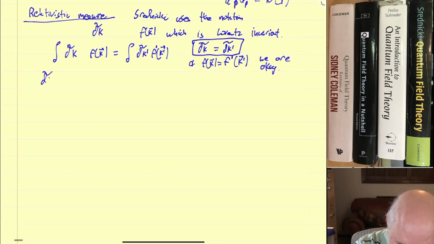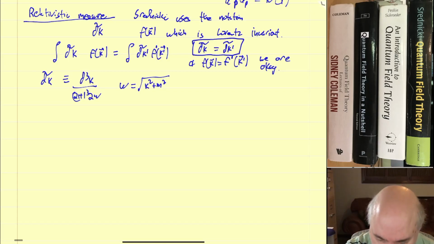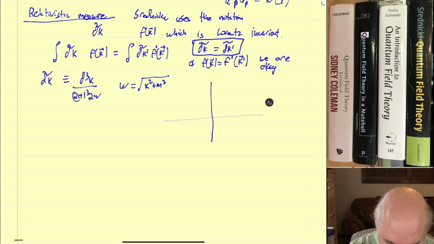Srednicki defines his invariant measure as, it's a pretty standard definition, d^3k over (2π)^3 2ω, and ω is equal to the square root, as I said, always, of k² + m². So I'm using the variable k here. Don't worry about these factors of (2π)^3. They're just designed to make everything come out nice in the end. But the way in which this is usually verified, and all quantum field theory books verify it, what they do is they show that basically what we want in four-dimensional space-time, momentum space,